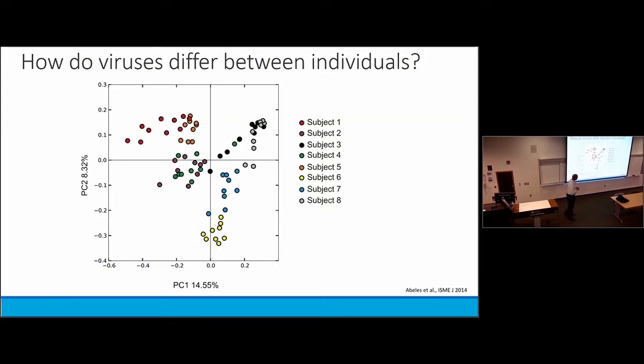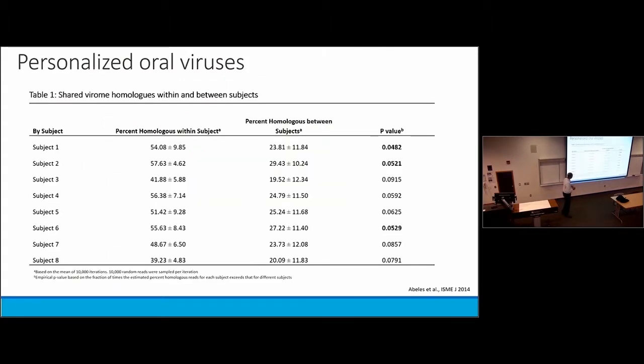One of the other things that we looked at is how viruses differ between different individuals. And while this is only shown in a 2D form, if you were to look at this in 3D form, it'd be obvious. Every single one of these subjects, regardless of which time point you're looking at, is different from one another, so that we can tell exactly who you are just by having you spit in a tube. I mean, it's an expensive thing to do, so we wouldn't really want to do that. But if we had to, we could do that just by looking, for example, at the viruses that are present in your mouth.